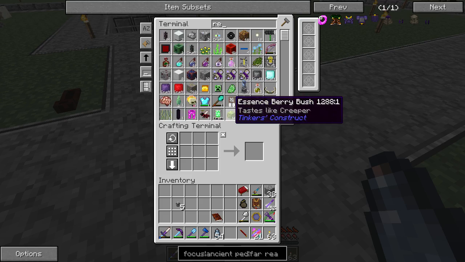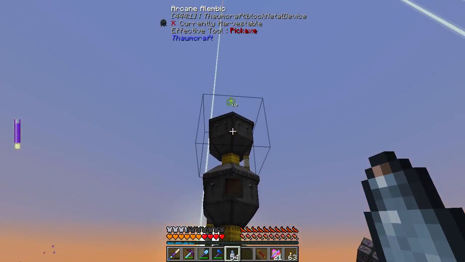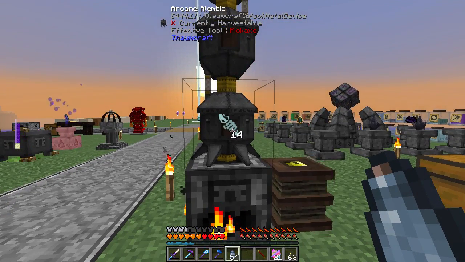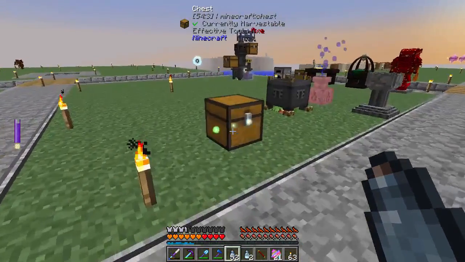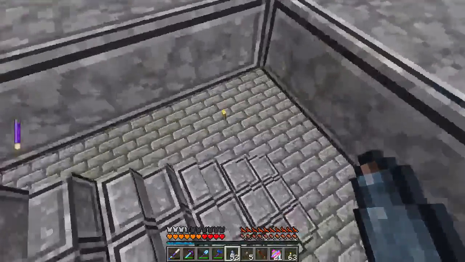We do not have the recharge pedestal, so we'll have to make that. But that's not too big of a challenge. So once this is done, 14, 15, and 16. There we go. Alright, so the way the relays work is you just kind of place them in the world